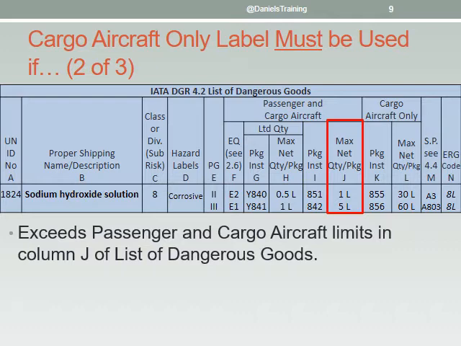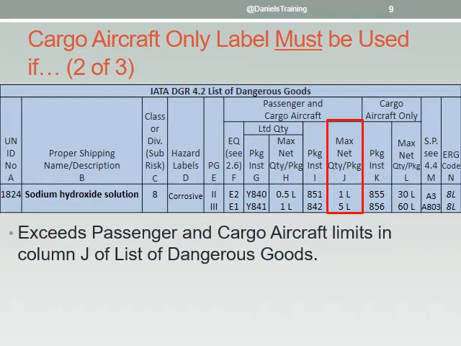For our dangerous good here, we can see that it is allowed on a passenger aircraft, but if the sodium hydroxide solution is a packing group 2, found in column E, the maximum net quantity per package allowed on a passenger aircraft is going to be 1 liter. If it is a packing group 3, again found in column E, the maximum net quantity per package is 5